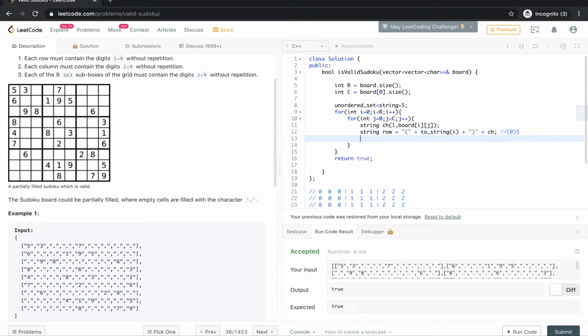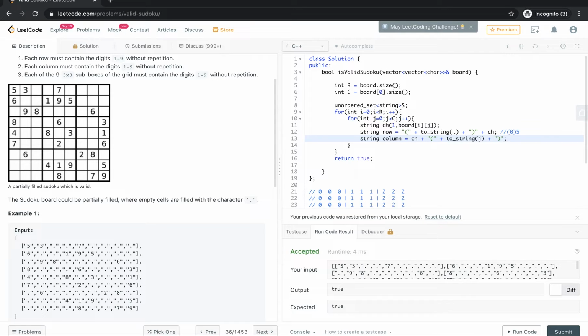For column, similarly, string column is equal to ch first, plus opening parenthesis, plus to_string of j, which denotes the column, plus closing parenthesis.